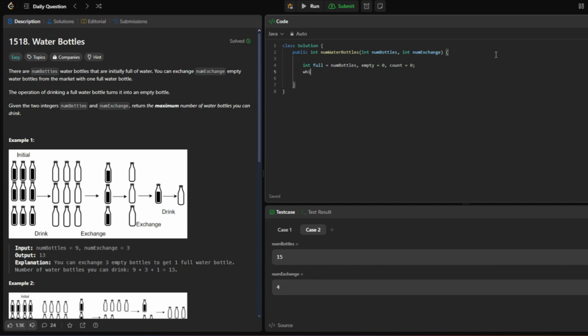So we're going to run a while loop while full is greater than 0. As long as we have a full water bottle, we'll continue to do this. First things first, we're going to drink all of our full bottles. So count is going to plus equal full, and empty is also going to plus equal full, because that's how many water bottles we drank. Then we're going to set full itself to 0,